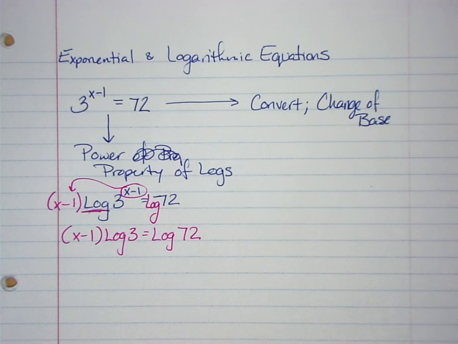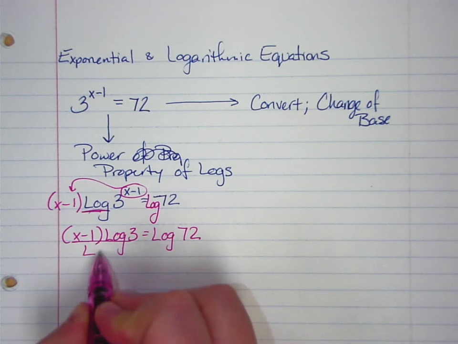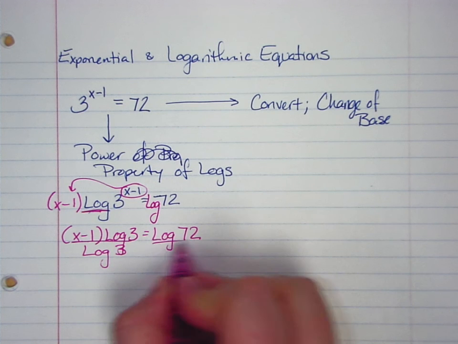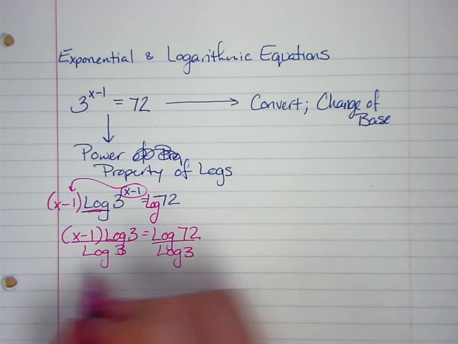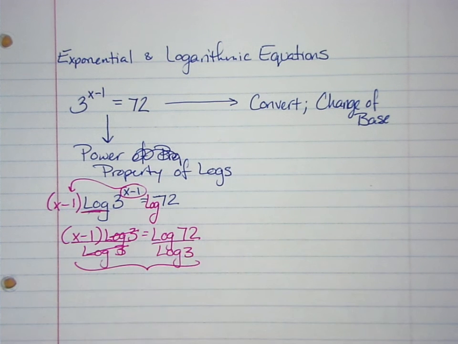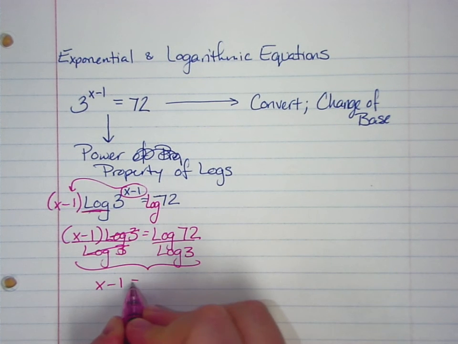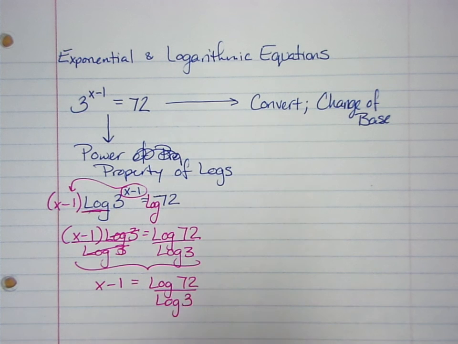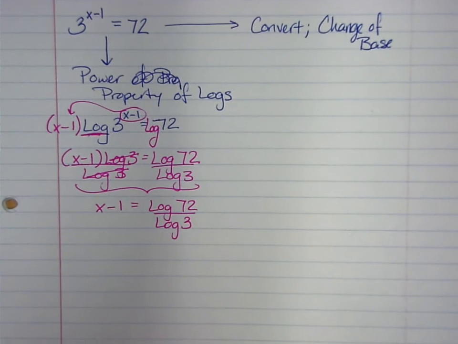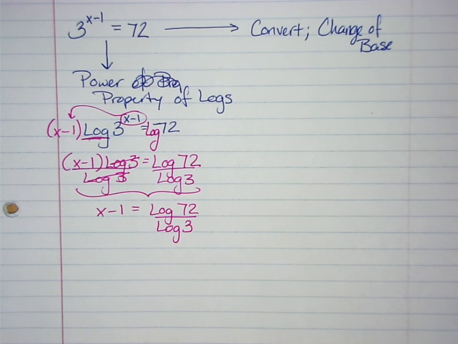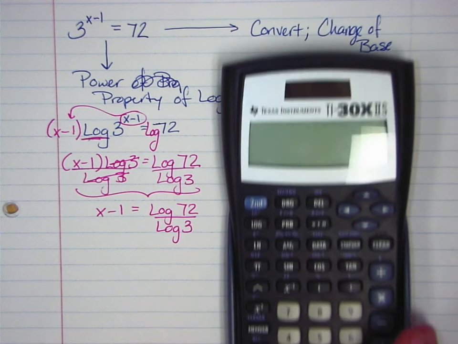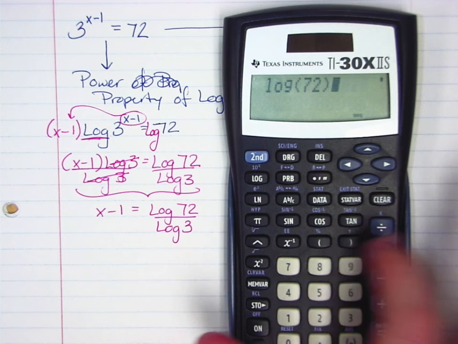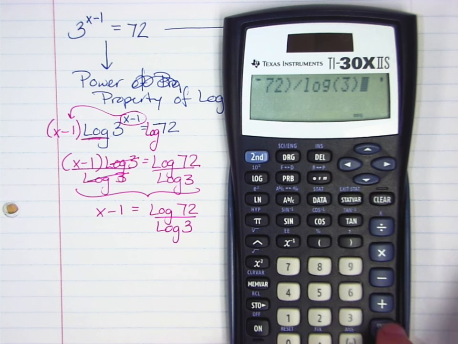From here, we want to work to get x by itself, and so I'm going to divide both sides by log of 3. And when I do that, these log of 3's cancel out, and I'm left with x minus 1 equals log 72 over log 3. So I'm going to take my calculator and actually evaluate what log 72 divided by log 3 is. Log of 72 divided by log 3 equals